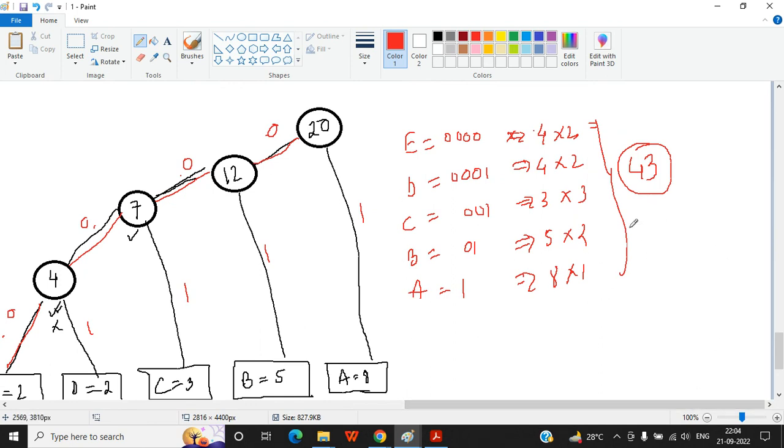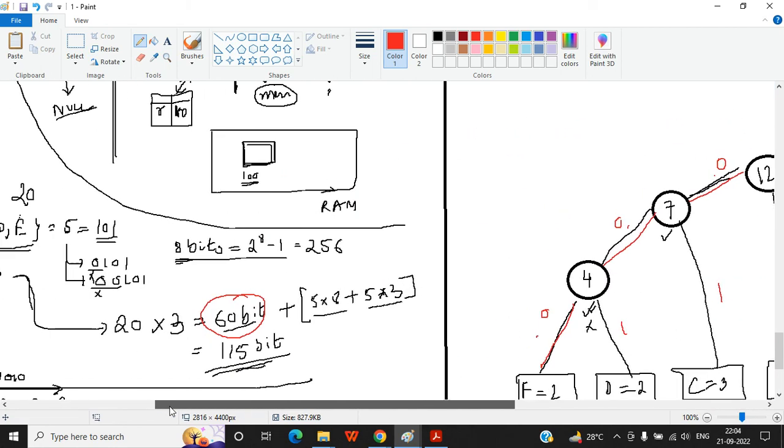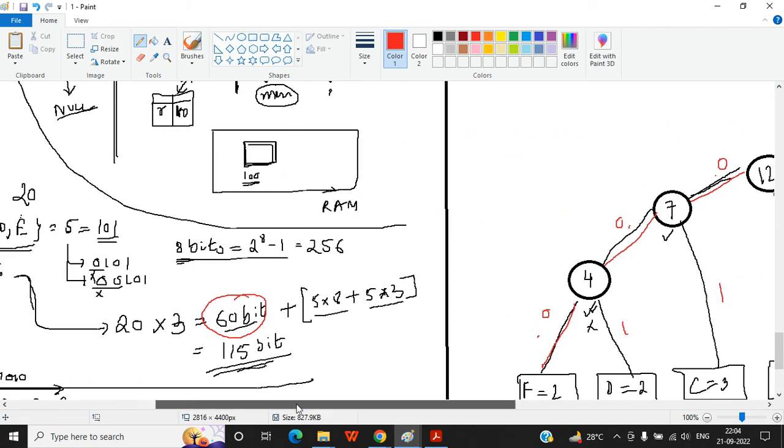And what is the table amount? The table amount will be, this is 5, so 40 will be there, plus 1, 2, 3, 4, 5, 6, 7, 8, 9, 10, 11, 12, 13, 14. So the total is 97. With fixed size it was 115 bits.